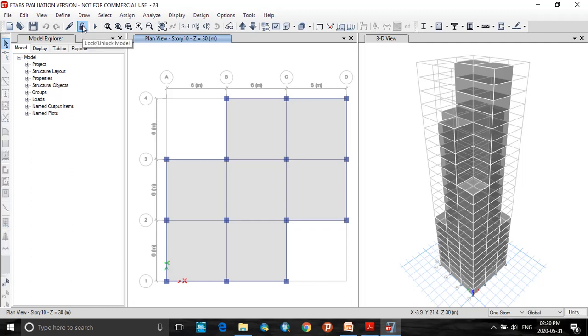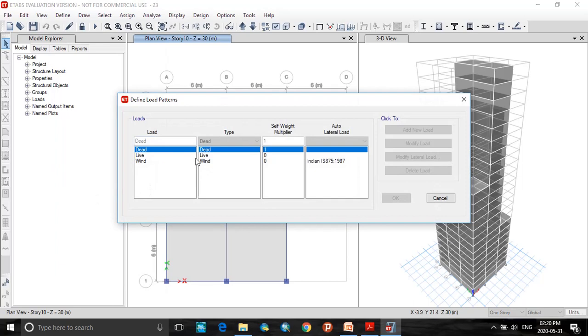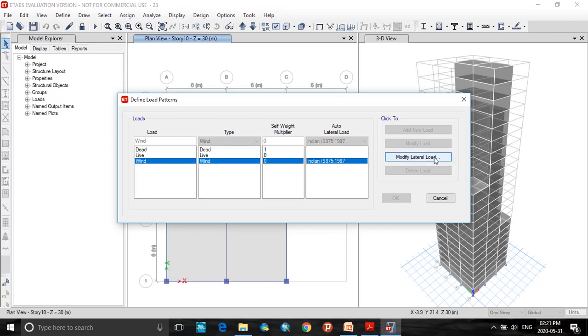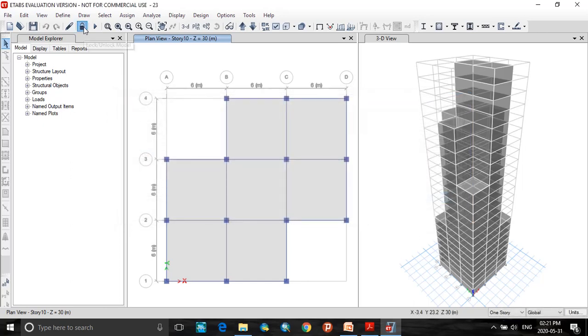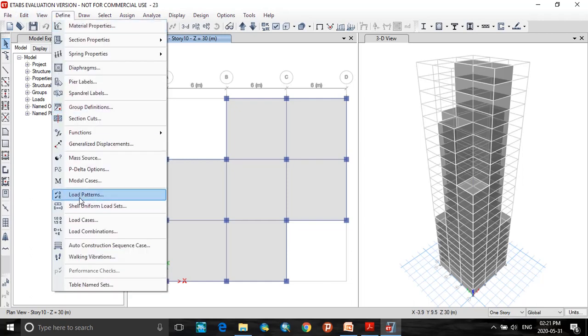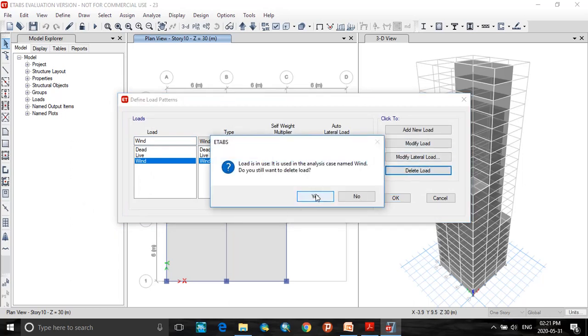Unlock the model and go to the Define menu, click on Load Patterns. Here I will be defining seismic loads. First I will delete the wind load: click on this wind load and delete it.